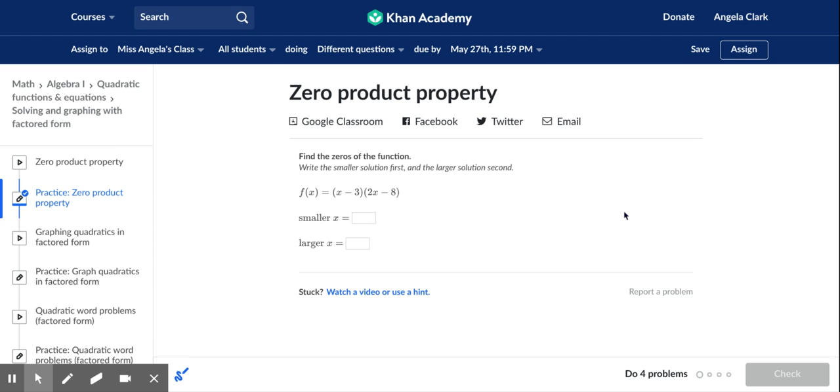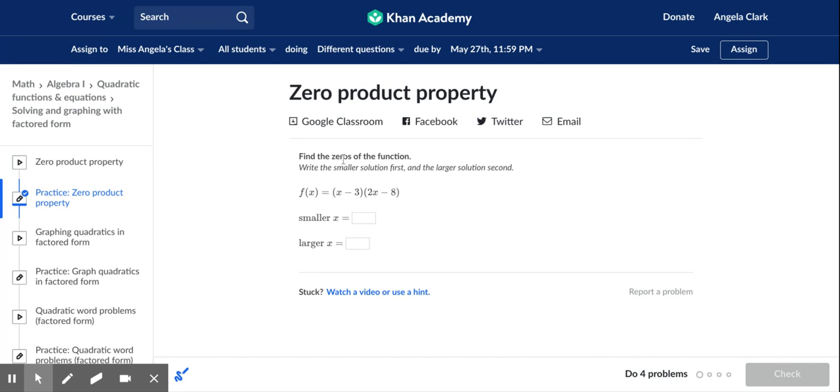Hey guys, in this video I want to talk about the zero product property. Now the zero product property is something that we use to solve quadratics when we have this form, a factored form, two things being multiplied together. So with a factored form, we can use something called the zero product property to solve